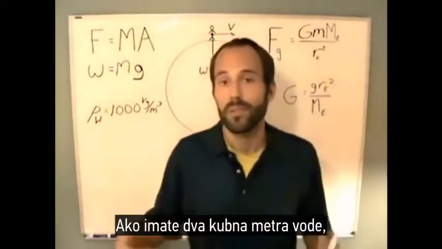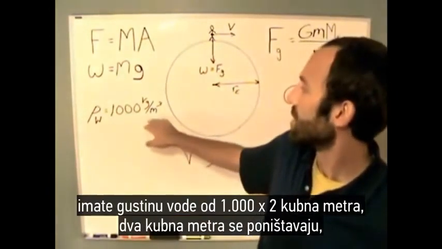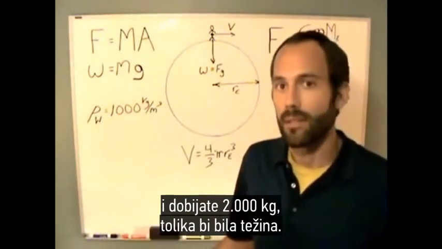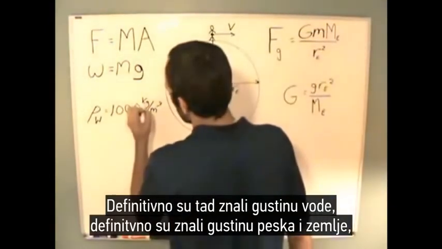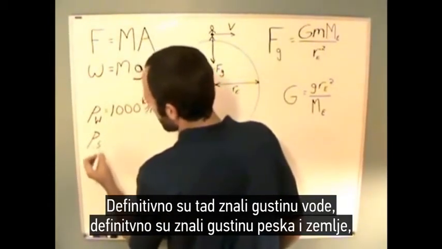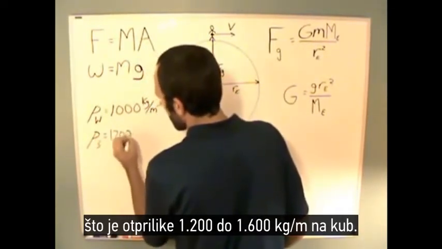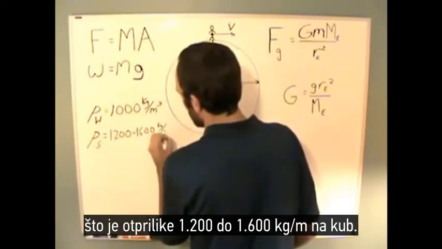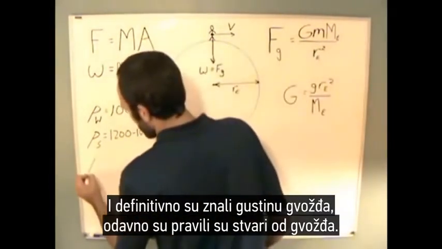If you have something that holds 2 cubic meters of water, you say the density of water is 1,000 kilograms times 2 cubic meters. You see the cubic meters would cancel. You get 2,000 kilograms is how much it would weigh. Okay, so you definitely know the density of water back then. You definitely know the density of, say, sand and soils, which is roughly 1,200 to 1,600 kilograms per meter cubed. And they definitely knew the density of iron, because